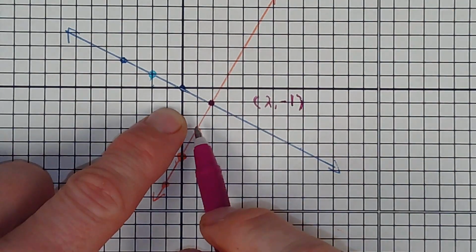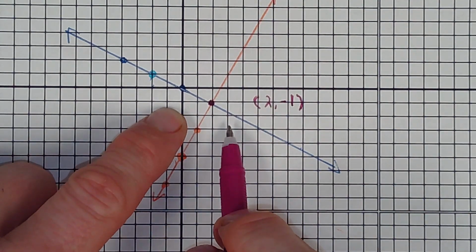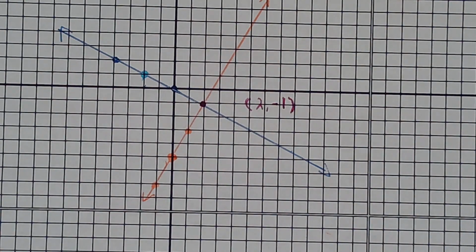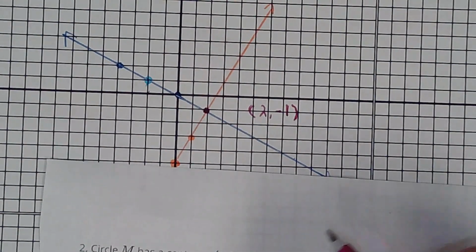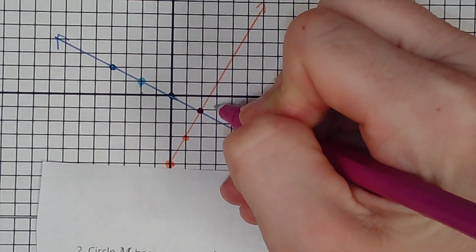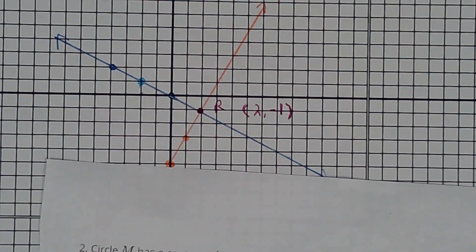Okay, it's a little bit off because my grid's not perfect. But my x is going to be x equals 2 and y equals negative 1. This is going to be point R. Now, how would we do that